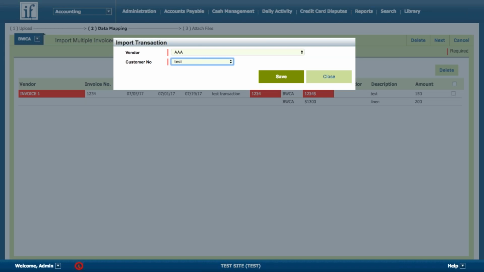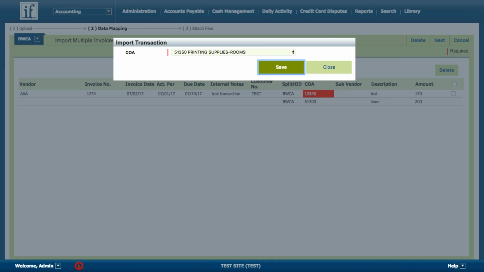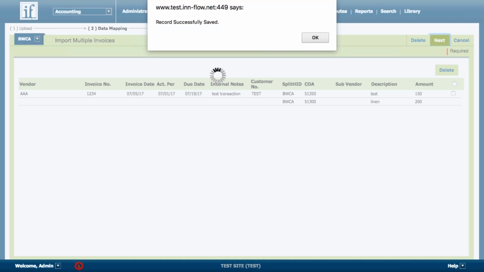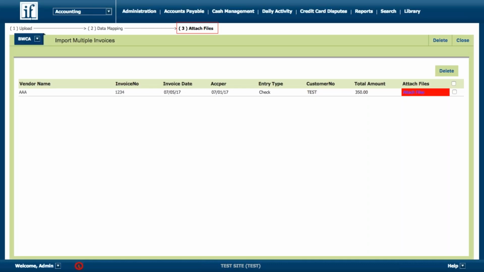By clicking on the first field on the left, this will allow me to change the vendor information and bring up a list of all active vendors in the hotel. I'll go ahead and select AAA and the customer number associated. Now that I've put in AAA and the customer number associated, I'm going to correct the chart of account that was listed as well. Once I've applied a new chart of account, Inflow will notice that all columns have now been corrected, and I can hit next to move on to the last step, which is going to be adding